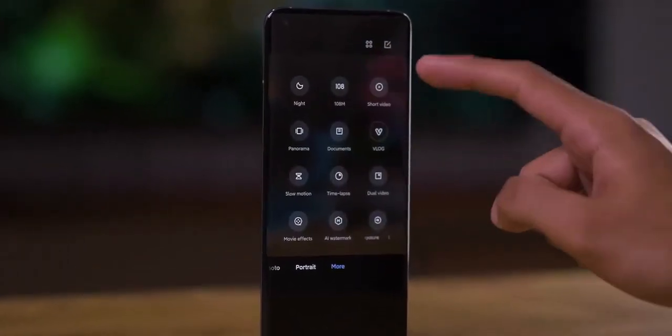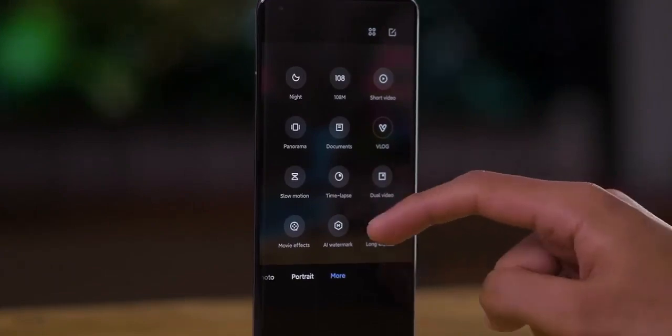And there's so much more. There's dual video, there's long exposure, there's supermoon mode. The point is, this is a lot of fun. Now, if you wanted a more technical response than that, then I would say this is an A-grade set of cameras. It's not quite A+, where I would rank the Galaxy Note 20 Ultra and the iPhone 12 Pro Max, but it's ahead of A-,